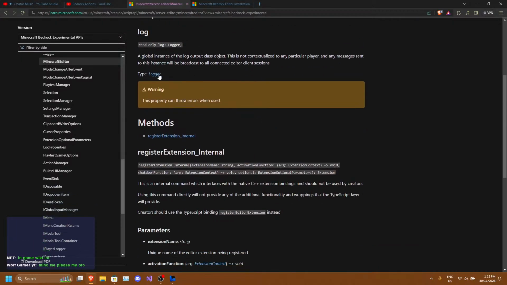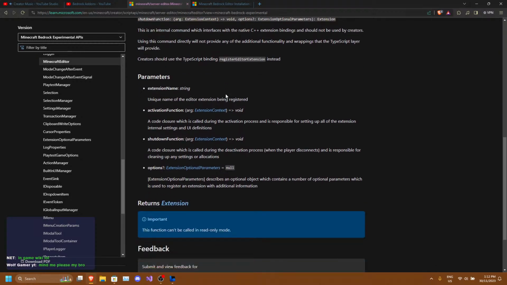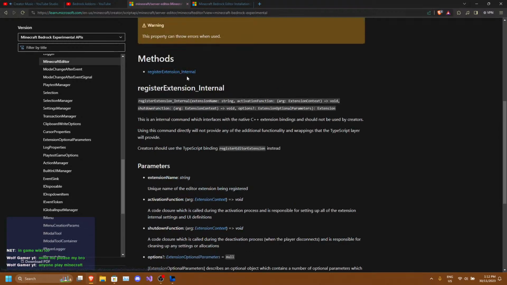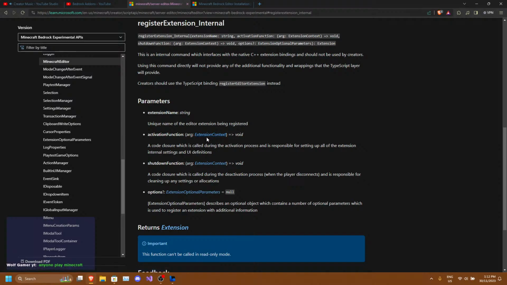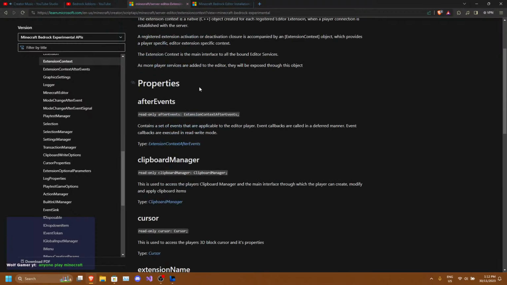And we can log to the logger. Register extension. So that's something that we have to do. Then when we do the register extension, what does this look like? Oh, and this is where everything starts.